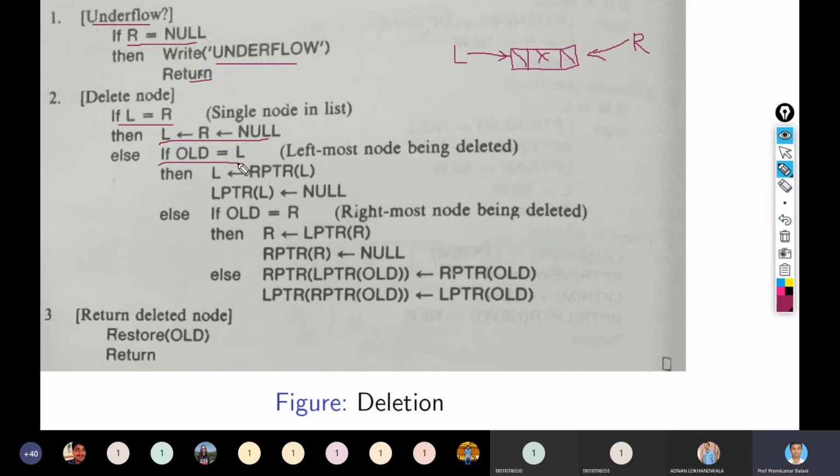If old equal to L, so the old equal to L, right? Suppose old I represent with O. Suppose old equal to L, and suppose there are some more nodes.